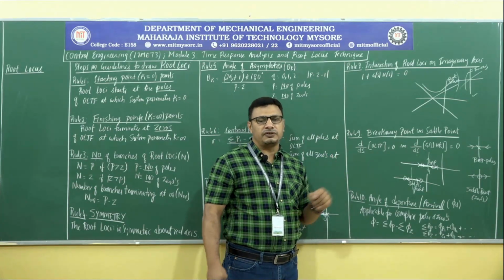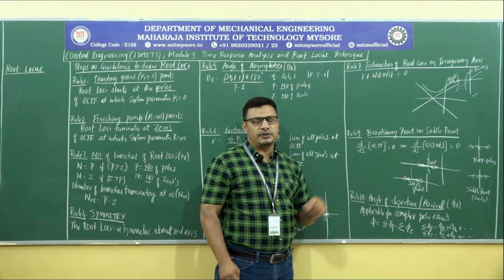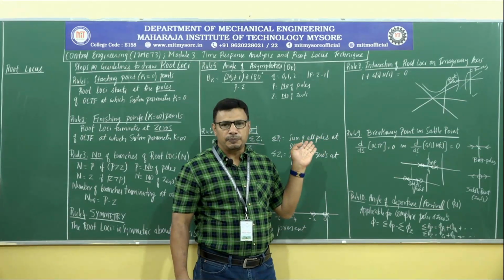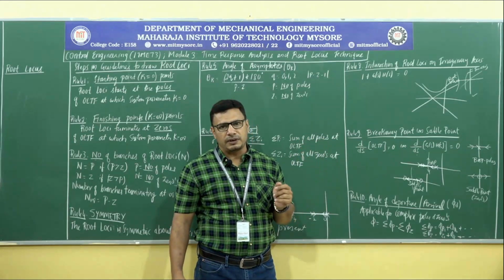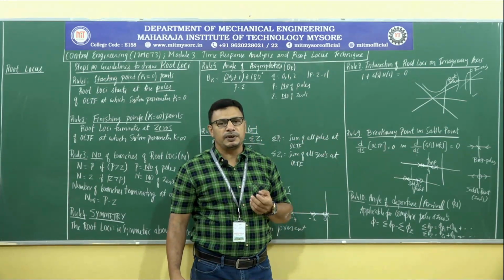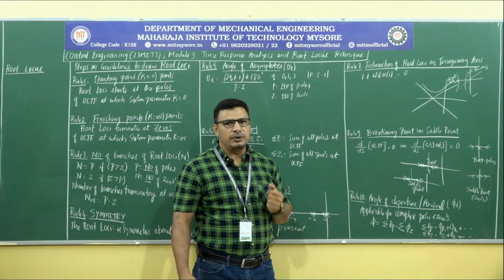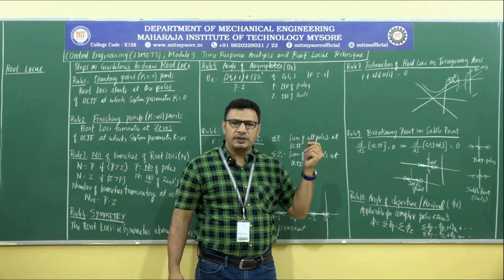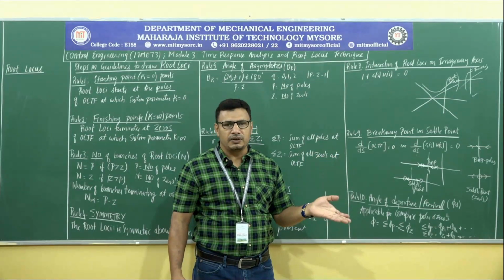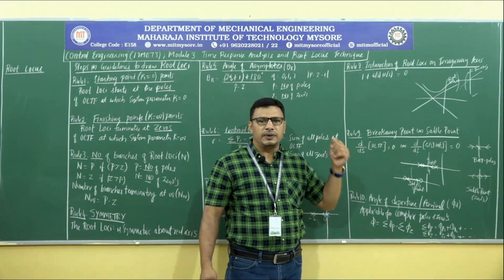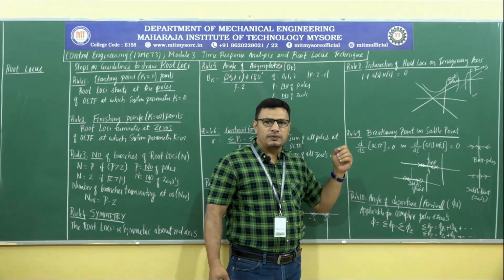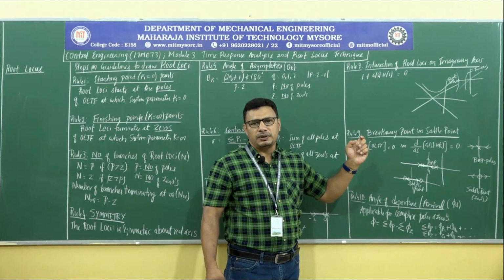Whenever such poles or such zeros are there, either starting points or terminating points, then obviously if they are complex poles, the root locus has to start from them. If they are complex zeros, then root locus must terminate on them. Since they are complex, they will be in the first quadrant or the second quadrant. In what direction, if it is a pole, will the branches of root loci depart from that pole?